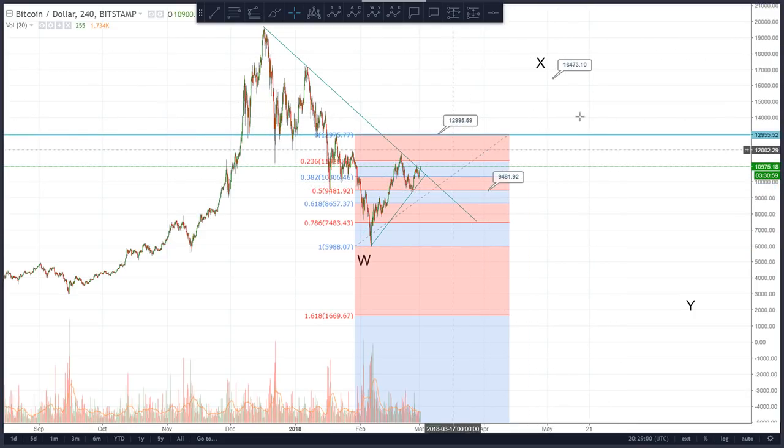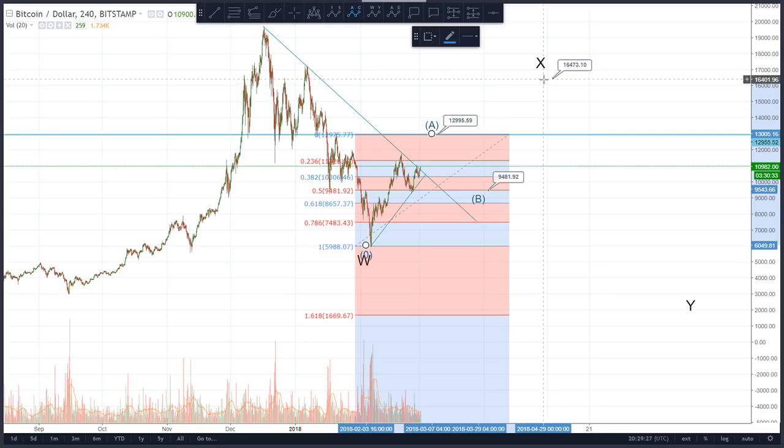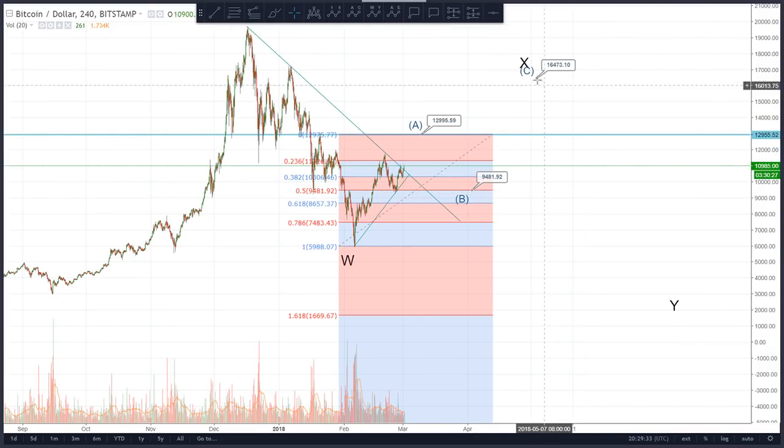All right, so these are estimations. Yeah, we should never look too many steps ahead in trading, because the more steps you look ahead, the less likely you are to be correct. You have to change your analysis as things go along. But I think this is the pattern that we can be looking out for. So I'm expecting an ABC pattern from here up to here, B and C. That's the wave count I've got. So yeah, and this will be slowly looking like the exact same pattern that we developed in 2014.